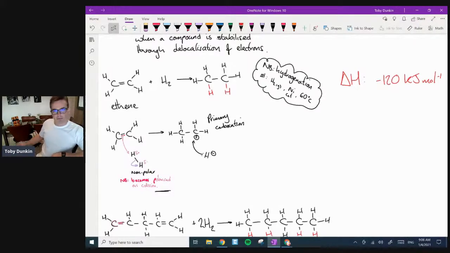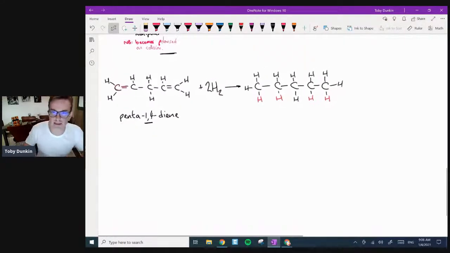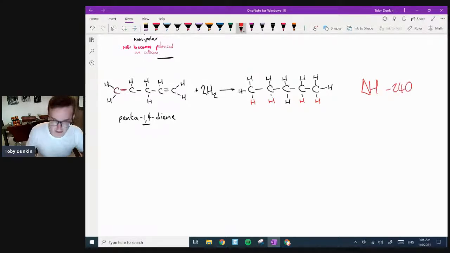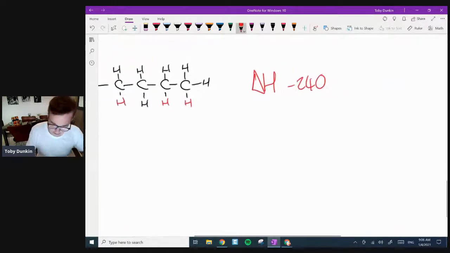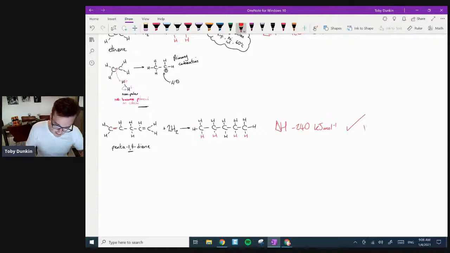So I know that there's probably a lag on this. So, hey, Tenzi, he's on it. And he's absolutely right. So this enthalpy change here is going to be minus 240 kilojoules per mole. Thank you, Tenzi, for being on it. And Tenzi, you are correct. Tick, smiley face. Hey, look at that.